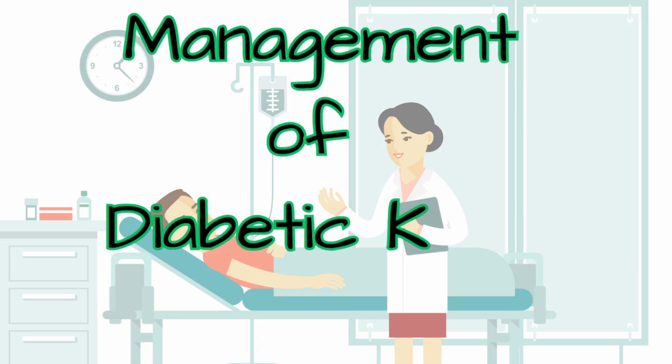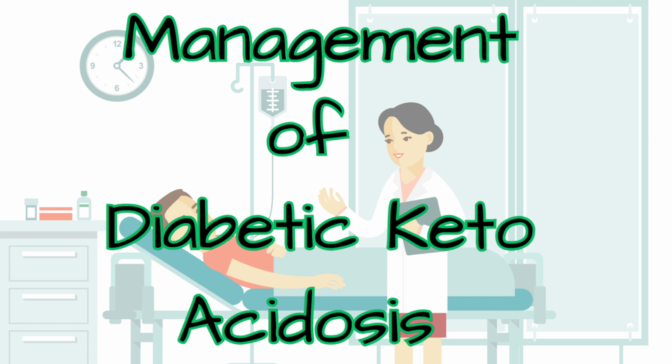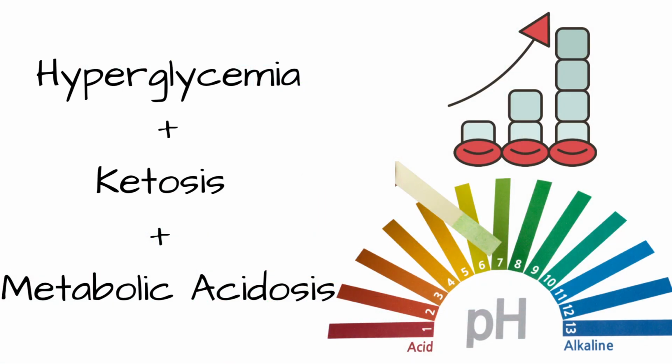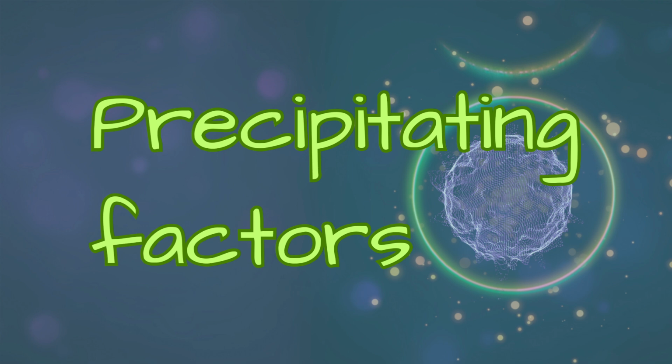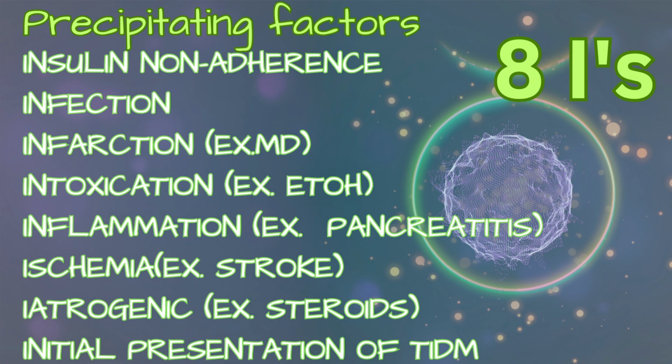Diabetic ketoacidosis, often referred to as DKA, is a serious condition that results from a combination of high blood sugar levels, the presence of ketones, and metabolic acidosis. Precipitating factors. There are 8 factors, often referred to as the 8 I's, that can contribute to the onset of